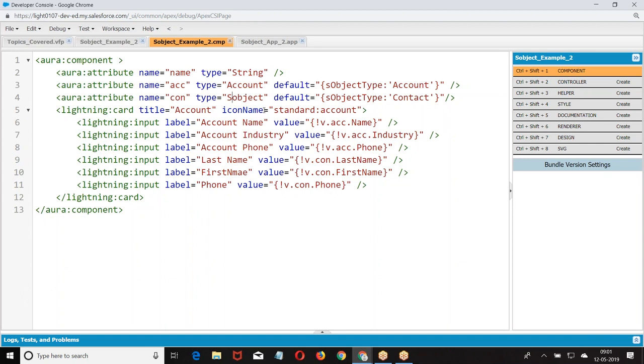Yes, go ahead. What is your query? Instead of using default assignment, can we also use handler init to assign the same? Now the point here is, if you want to assign an SObject, you have to know the way of creating an SObject from JavaScript. You need to understand how to include the Ajax functionality or expose the connection. As we have not covered that, we are straight away going with this. There are many ways of assigning it, but with respect to the topics we are seeing, this is the only option we have. I hope you got my point.